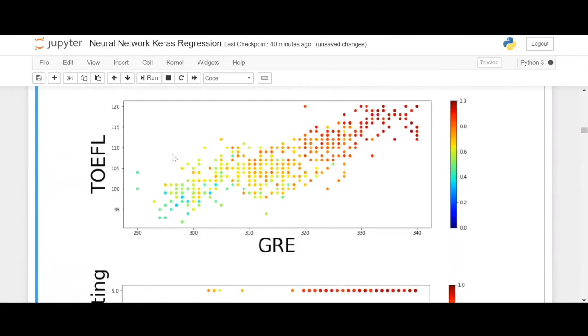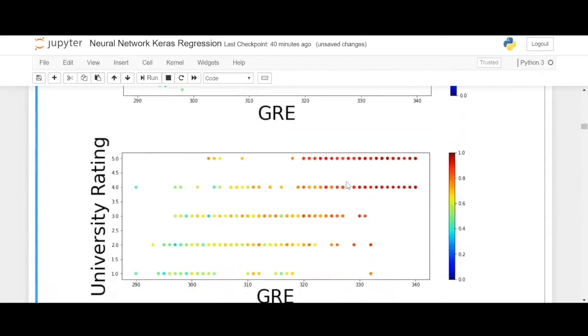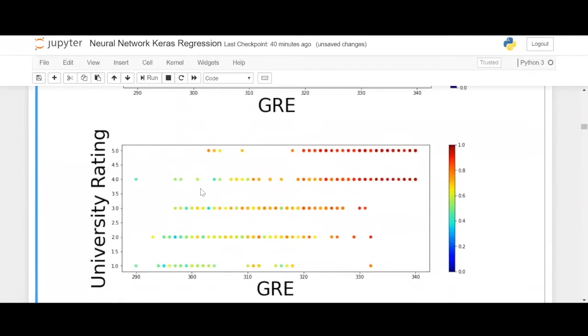Similarly, the higher the TOEFL score and the higher the GRE score, the higher the chance of admission. Basically, we are also seeing a high chance of admission in a GRE score range between 310 plus to 320, despite having a low TOEFL score of 100 to 110. For university rating, the higher the rating and the higher the GRE score, the higher the chance. And basically, with a higher rating and a lower GRE score, as the real world scenario says, there is a lower chance of getting